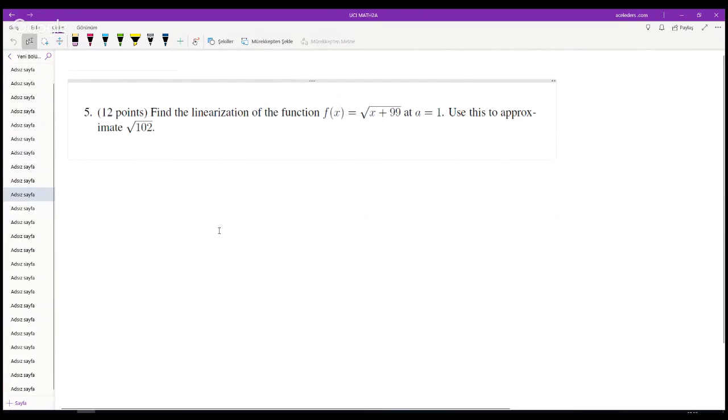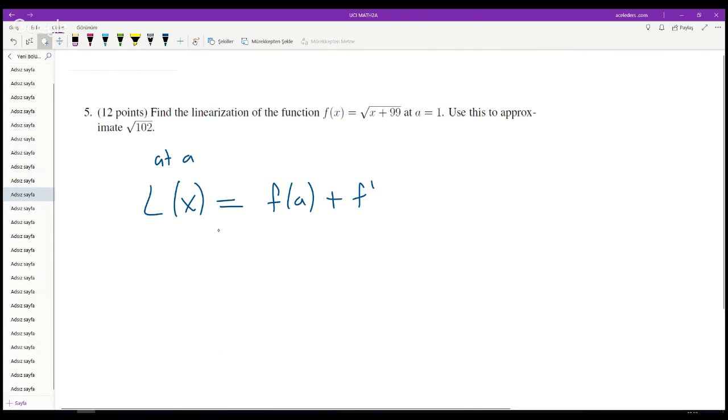Okay, find the linearization of the function f(x) equals square root of x plus 99 at a equals 1. Use this to approximate square root of 102. So the linearization formula at a is f(a) plus f prime(a) times (x minus a). So perhaps you all know the formula, but I would like to talk about what